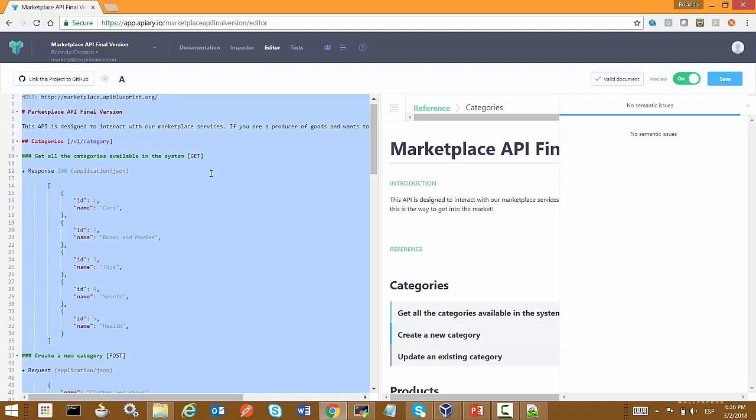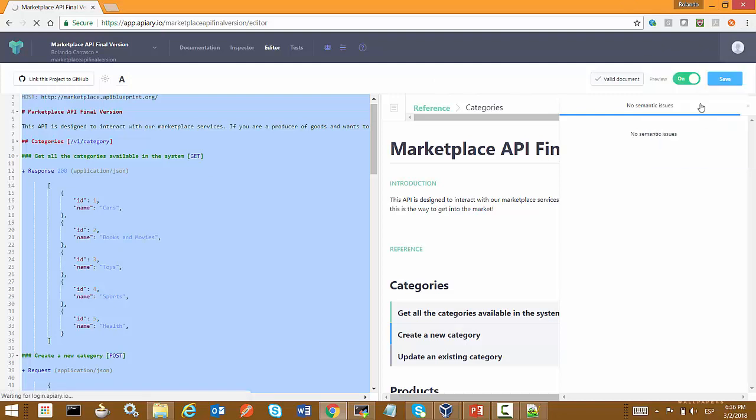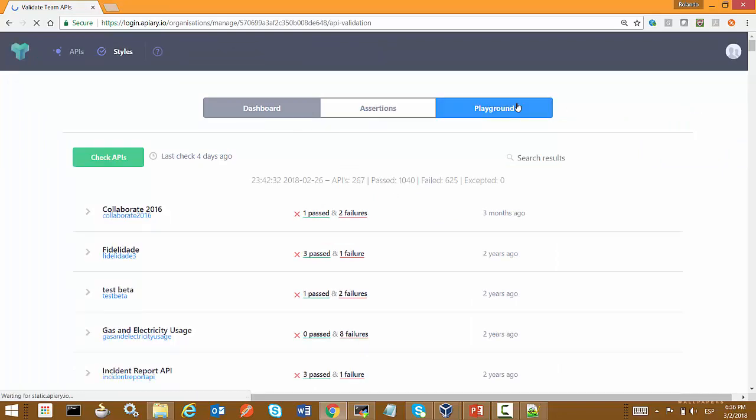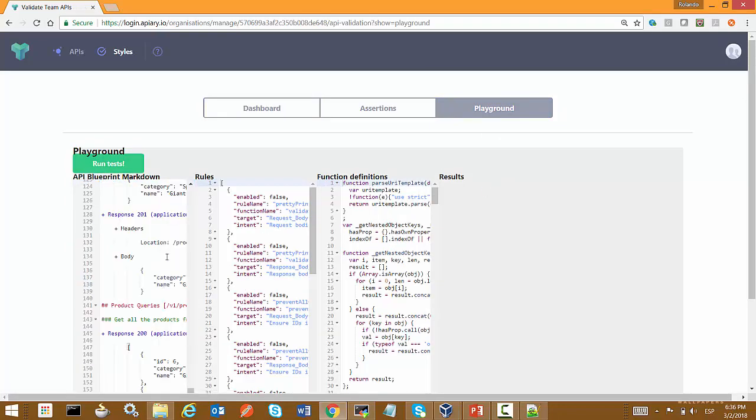So I'm going to create the API definition and go to this section of the platform. Let's select the playground tab, and I'm going to paste my API definition.